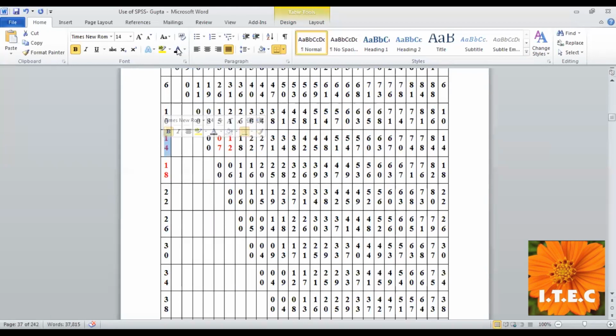Sir, excuse me, sir. Yes. Sir, there is no 16 in the top line, sir. Eh? There is no 16 in the top. There is 14 and 18. You can find out here that this 18 will be